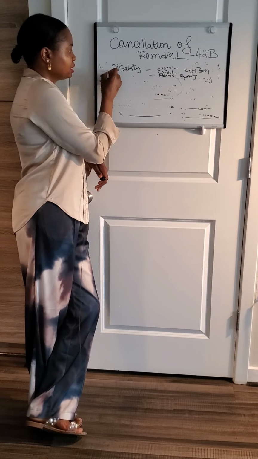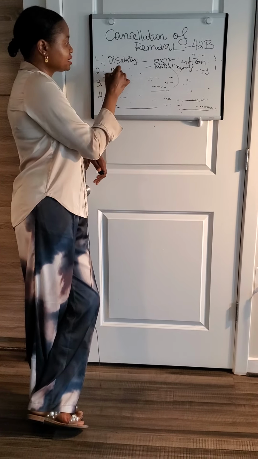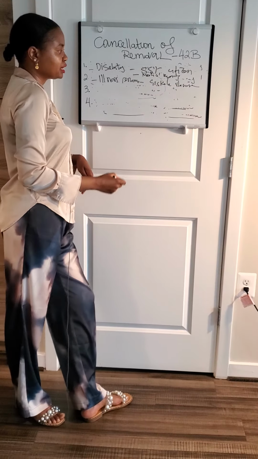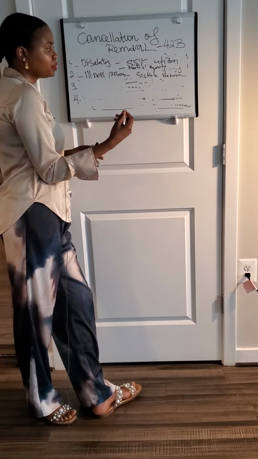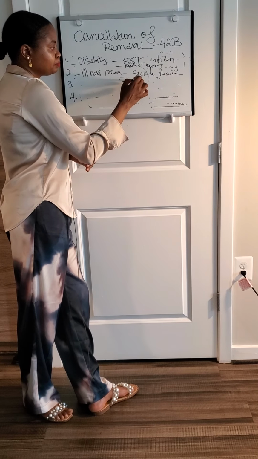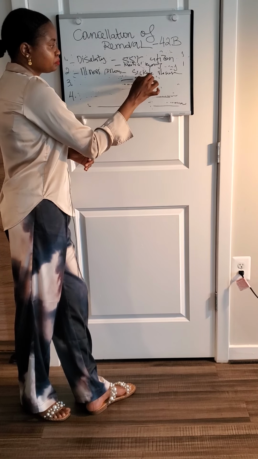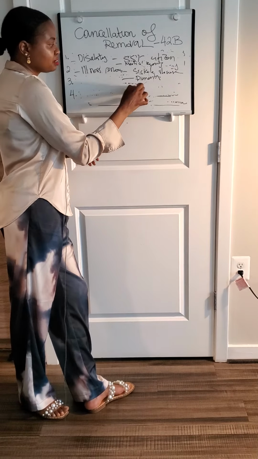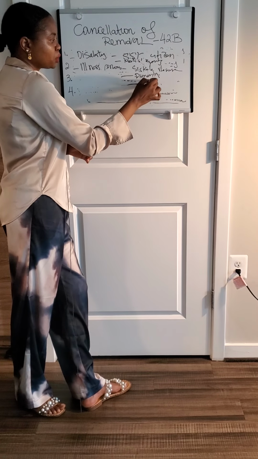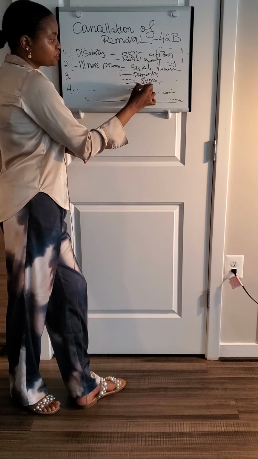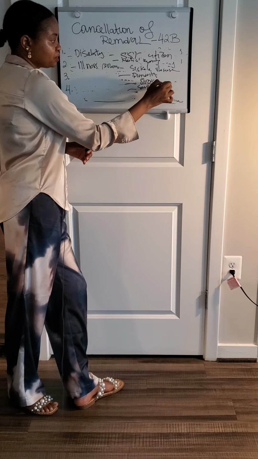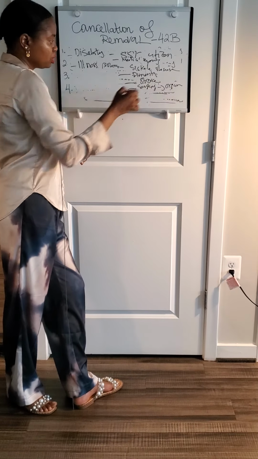Illness. Illness has to be serious. Some type of rare illness. Some people have children with sickle cell disease, okay? Not happen to everybody. Some people have children or parents who have some type of dementia, right? Serious illness. Maybe they went through a stroke. They're going through surgery, some type of serious surgery, like an organ transplant, okay?